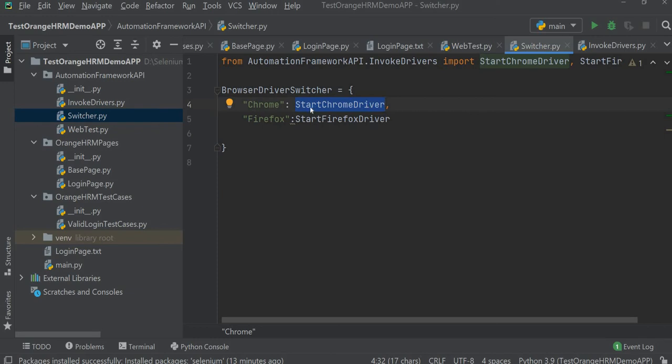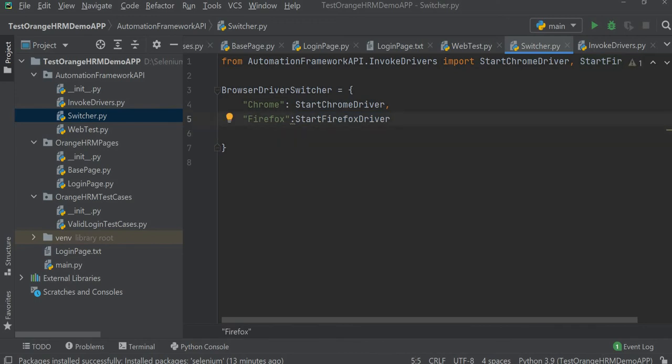So the Chrome key has start Chrome driver, a function name. This function has the implementation done to start the Chrome driver. Likewise, Firefox has the function start Firefox driver, the function name stored against this Firefox key, and this function has the logic to start the Firefox driver.